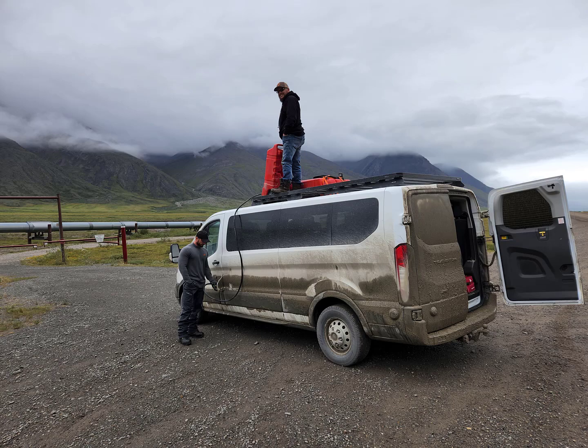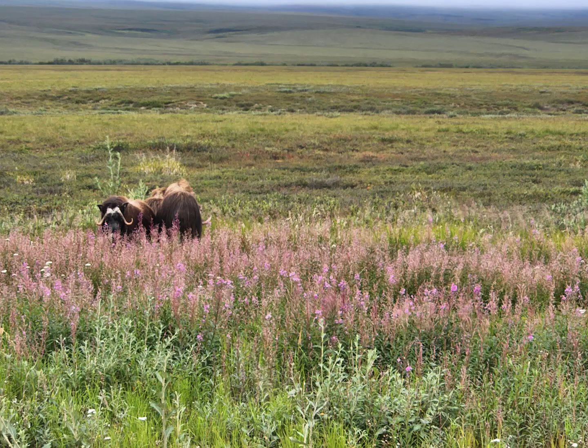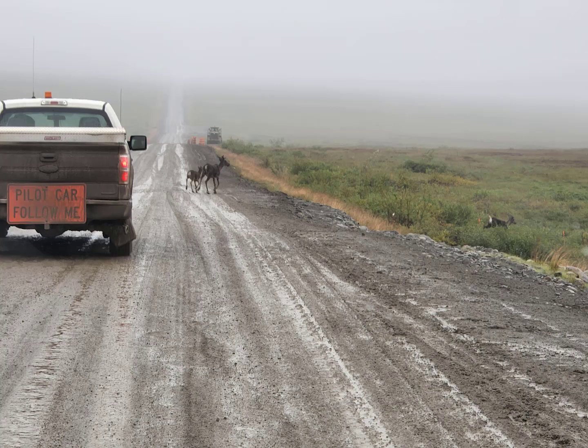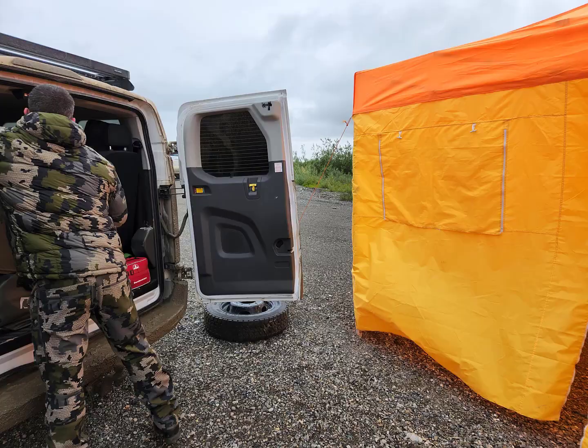If you are traveling yourself, make sure you figure out your fuel situation. And again, a lot of that is on the Arrowhead website if you want information on that. The drive out there is really cool, and you're going to get to see a whole lot of wildlife. Every once in a while, when we had to pee or whatever, we would glass. We saw muskox, we saw grizzly, caribou, obviously, and probably a couple other things. We saw moose. So the drive out there isn't as boring as you would imagine for a 10-plus hour drive. Once you get to the actual place, you'll be greeted by the 2 gentlemen that are the owners,